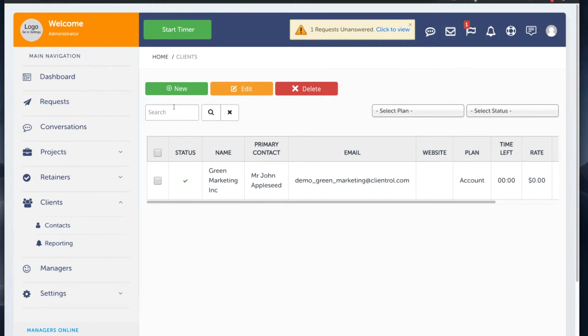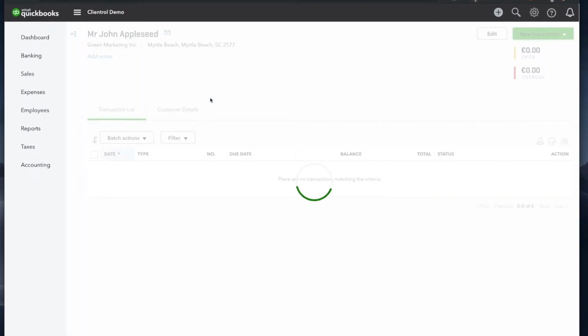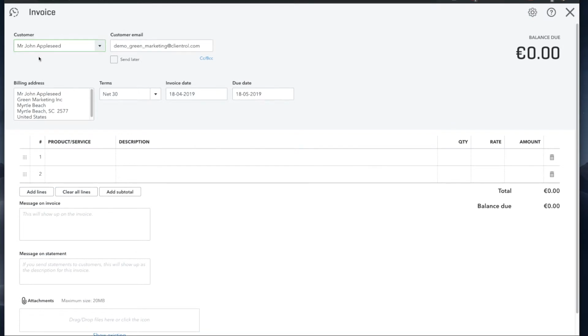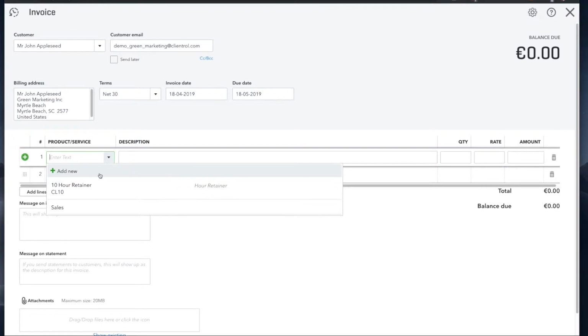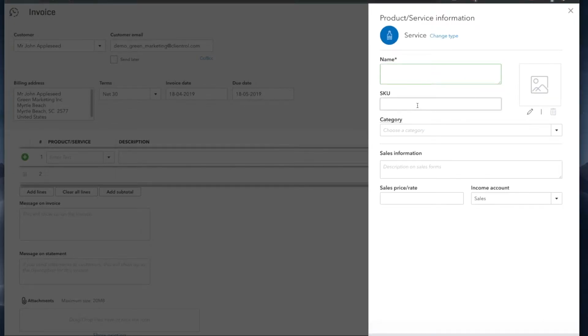Create an invoice. See that the customer is correct. And the first thing that I want to do is select Product and Service and select New and select Service, and here I want to give a title or a name. So I want to call this a 20-hour retainer. I can call it whatever I want. Recurring